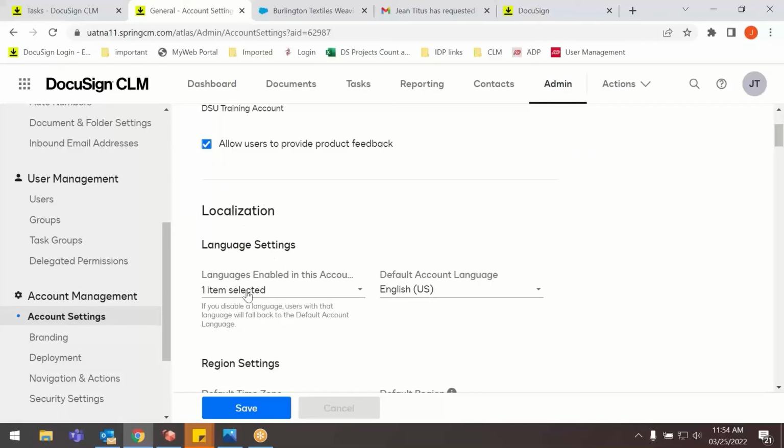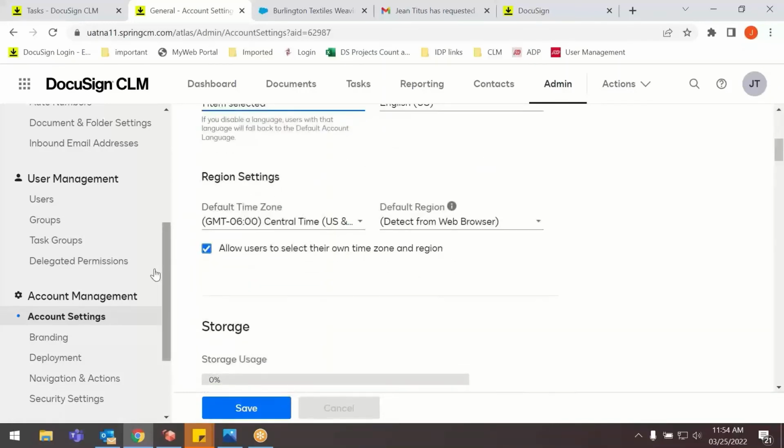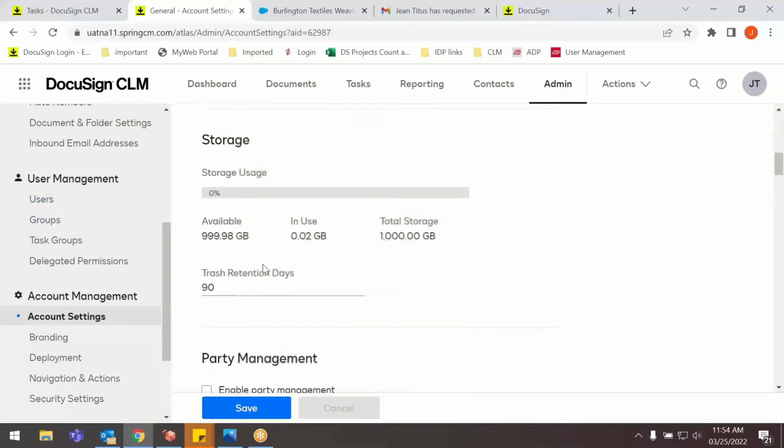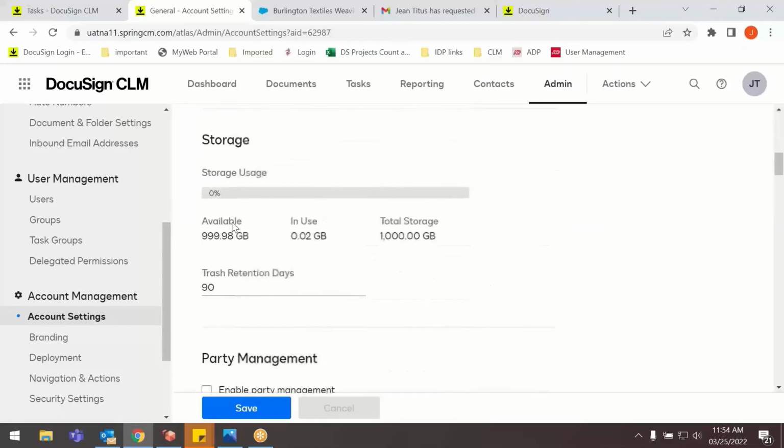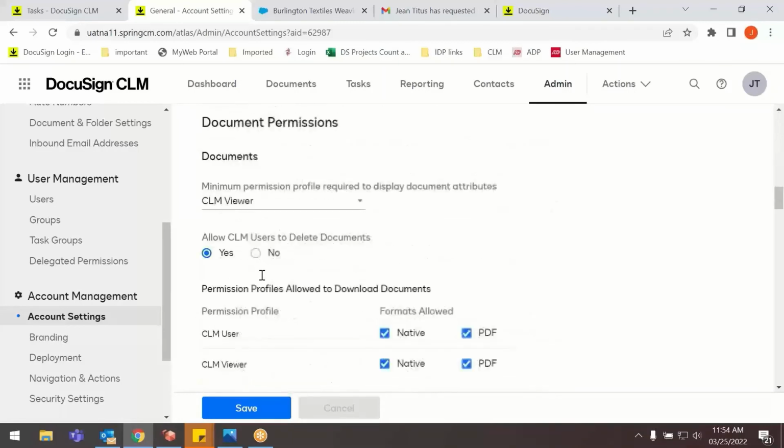We have language settings, with one item selected, that is English. By default, the language would be English. The regional timings and the region as well, and we allow the users to set their own time zone and region. We have the storage information here, the report, and